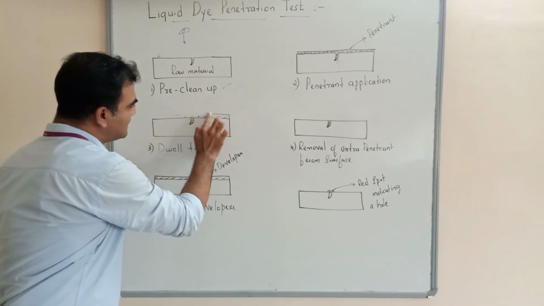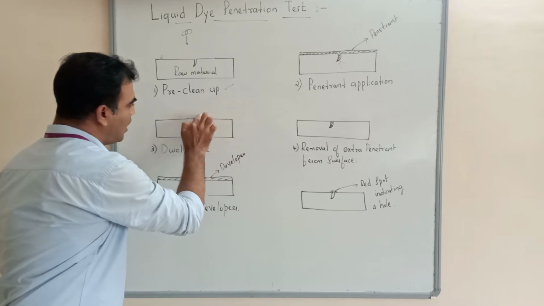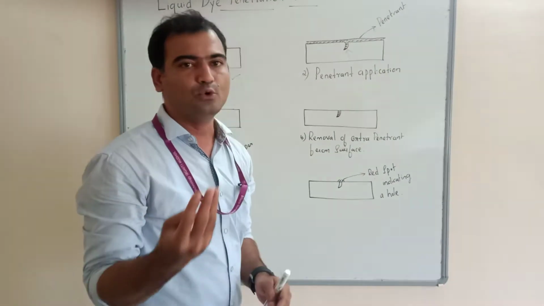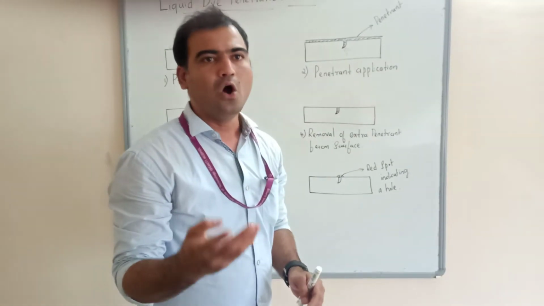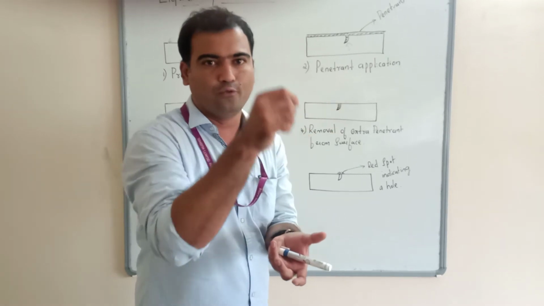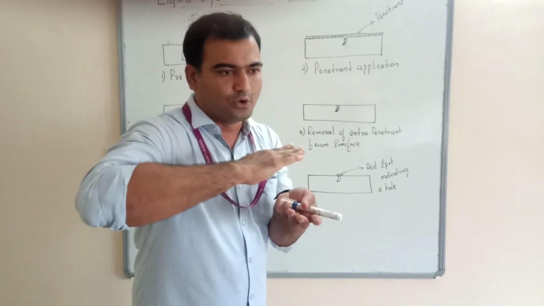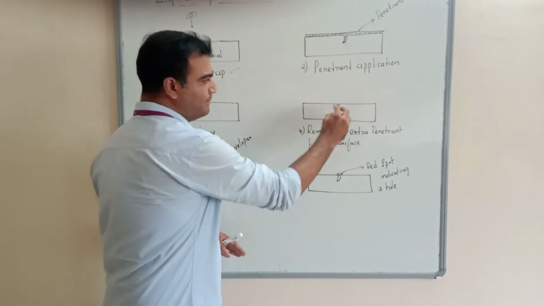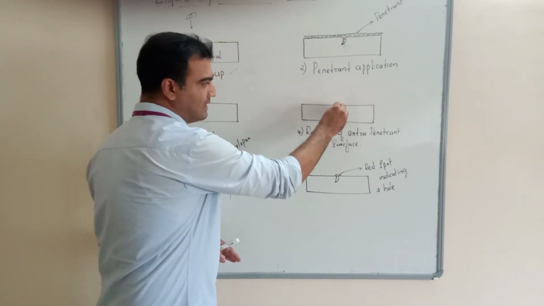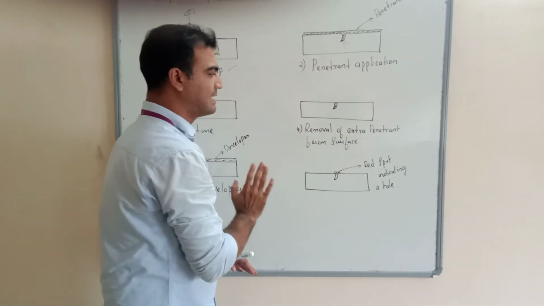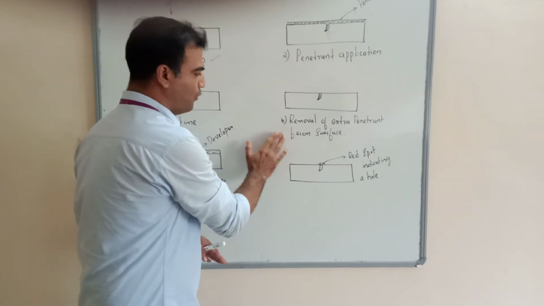extra penetrant which is there on the surface. How are you going to clean up that extra penetrant? Either you can use a clean cotton rag or you can use tap water. You just have to hold slow flowing tap water onto the surface, so the extra amount of penetrant is cleaned from the surface. Now you can see if there are any flaws, the penetrant will remain in that flaw only, but the other surface is clean of the extra penetrant. So that is step 4.